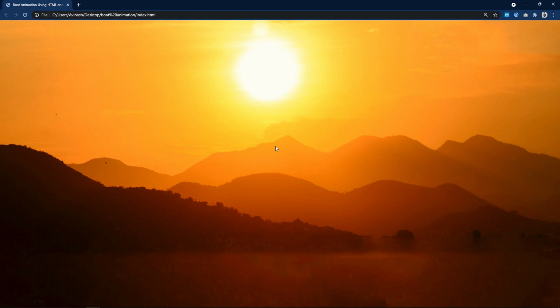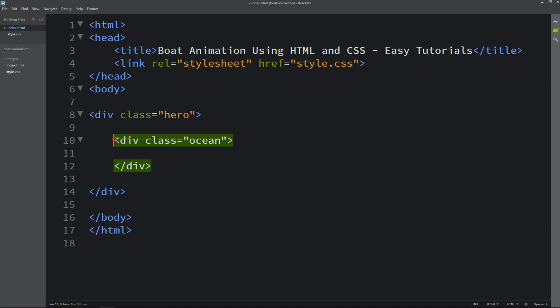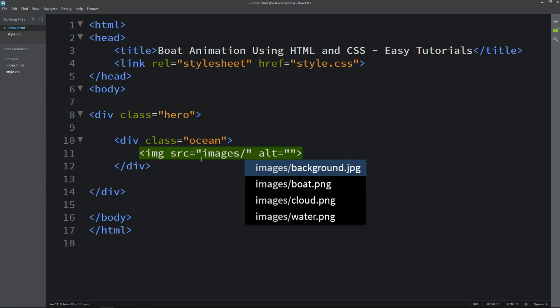Next we will add more images on this web page. So let's come back, and in this HTML file here we will add another div, and let's add the class name ocean. Here we will add one image. So I am adding the image tag, img tag, and image file path.